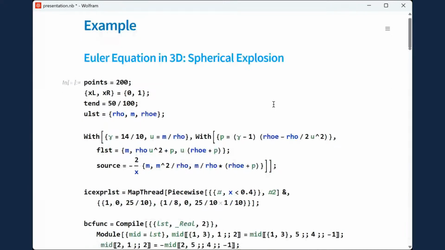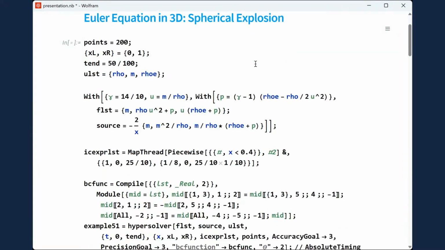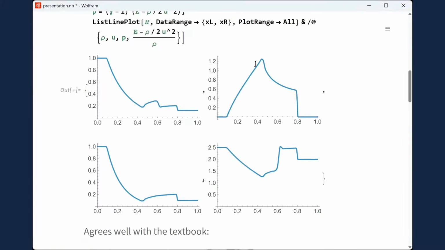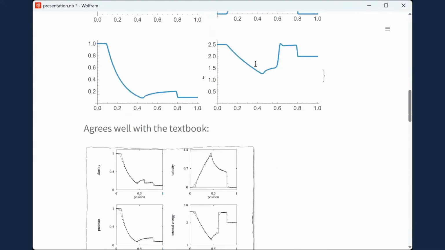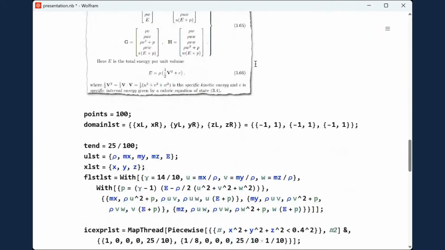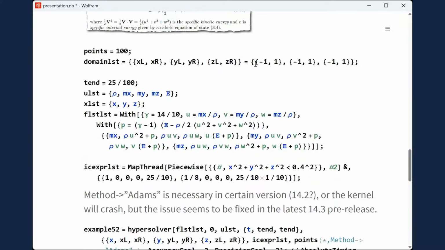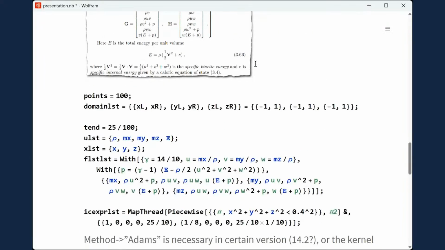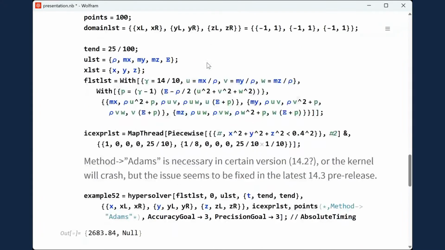Final example. We're using a 3D spatial explosion. This example is somewhat similar to the previous one, but here I just want to show that, in principle, we can handle n-dimensional problems with this package. But of course, for high-dimensional problems, for example, here we are showing a 3D problem,